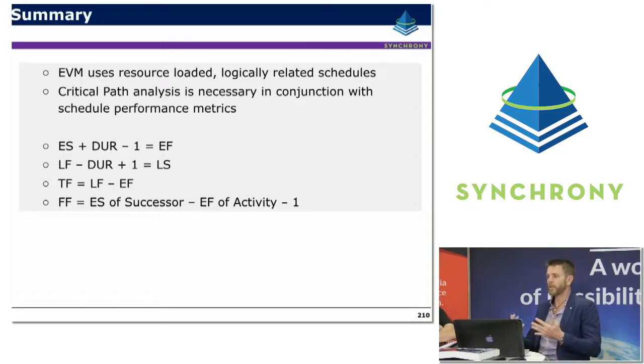Even looking at the performance, you can look at the performance of work packages that have very low levels of total float compared to work packages that have high levels of total float. And if your project is being prioritised well, and if your project manager is doing a good job, chances are the performance on the near critical paths should be more efficient, more effective than it is on the non-critical, because with the non-critical you're generally more happy to let them slip a little bit.